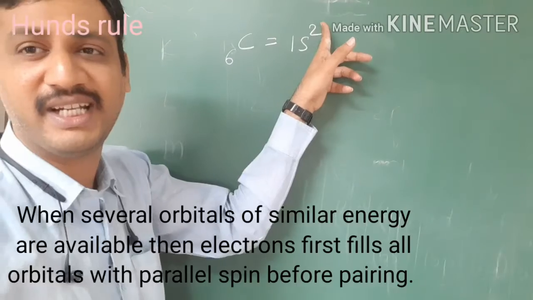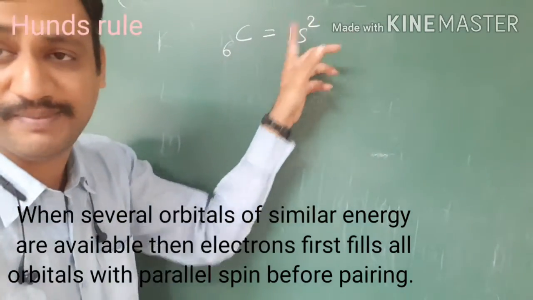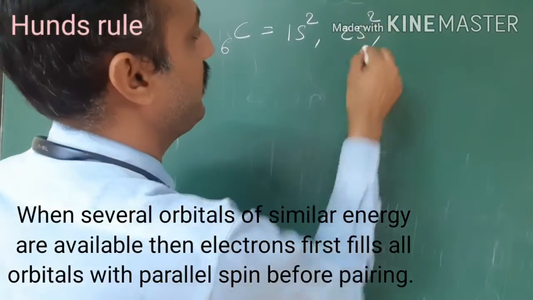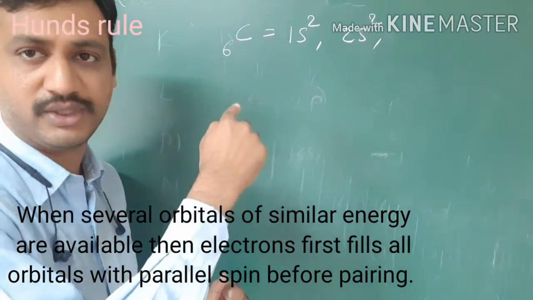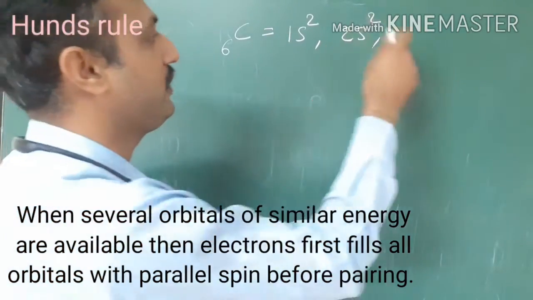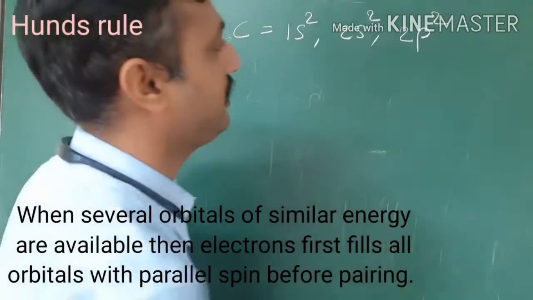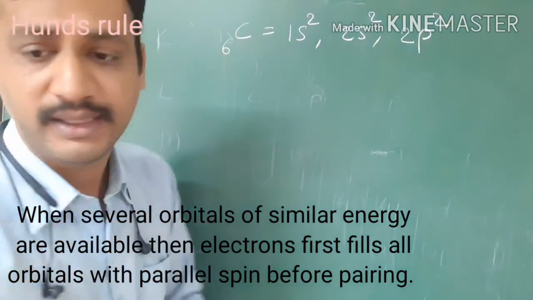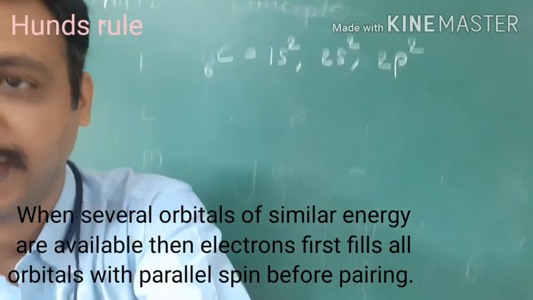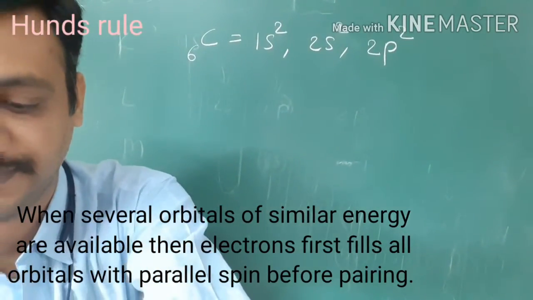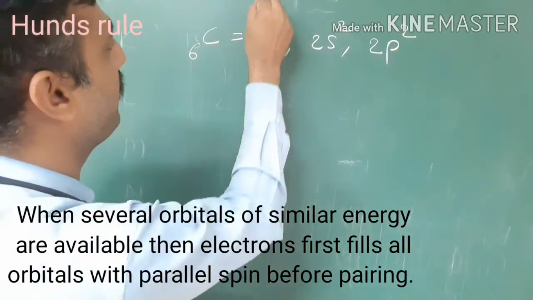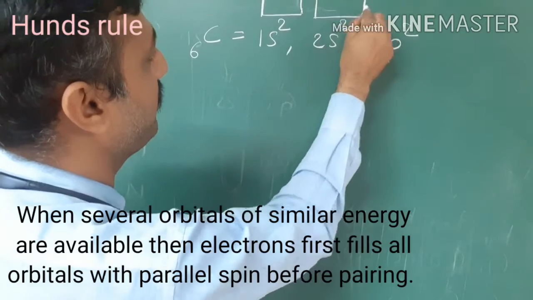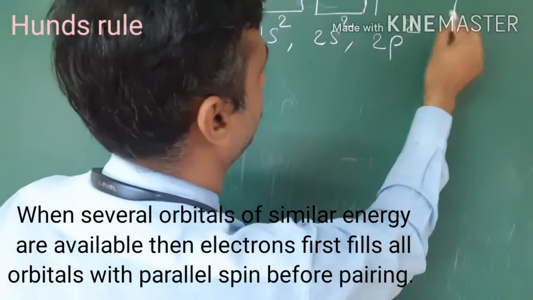1s2, here we should not read it as 1s square, no, it's 1s2. It means 1s consists of 2 electrons, comma, 2s consists of 2 electrons, because in the above principle we saw the sequence 1s, 2s, and after 2s electrons will enter the 2p subshell: 1s, 2s and 2p, isn't it? We can draw it like this. The 1s subshell is made up of how many orbitals? Yes, the s subshell is made up of 1 orbital. I am representing it by one box. The s subshell is made up of 1 orbital and the p subshell is made up of 3 orbitals.